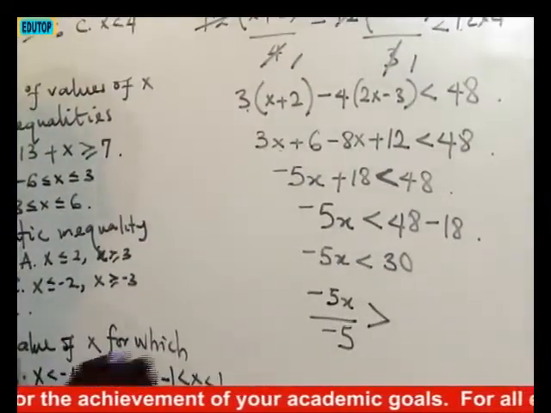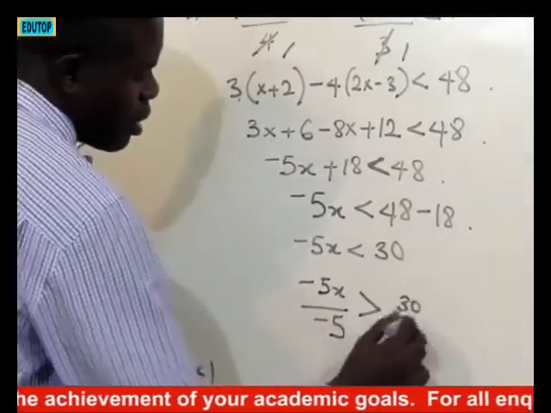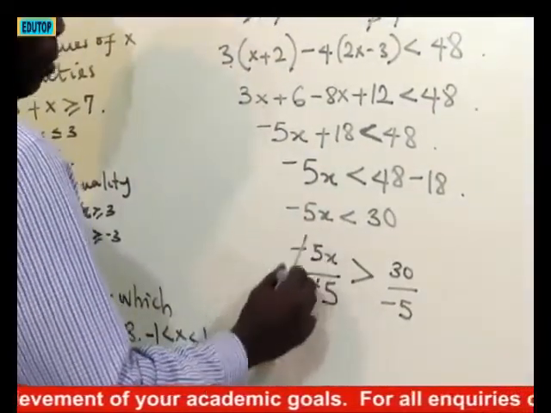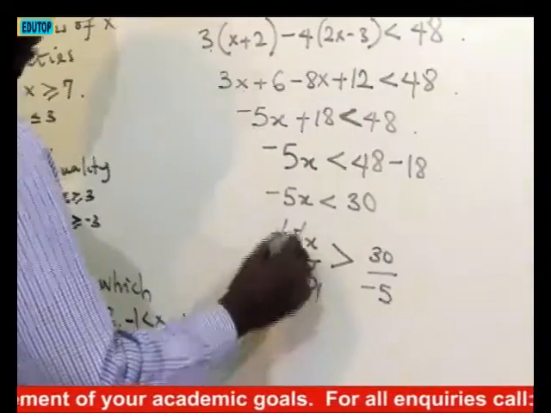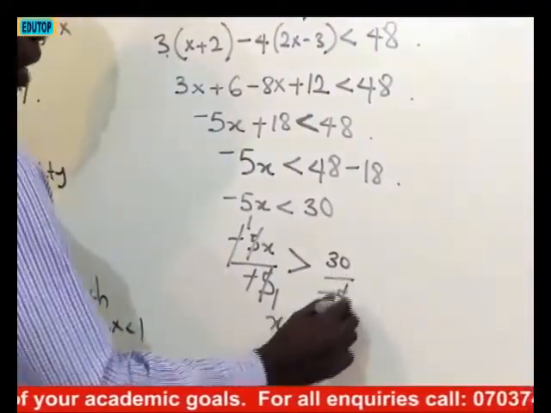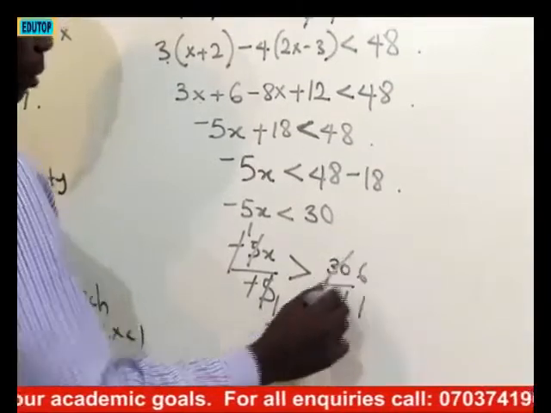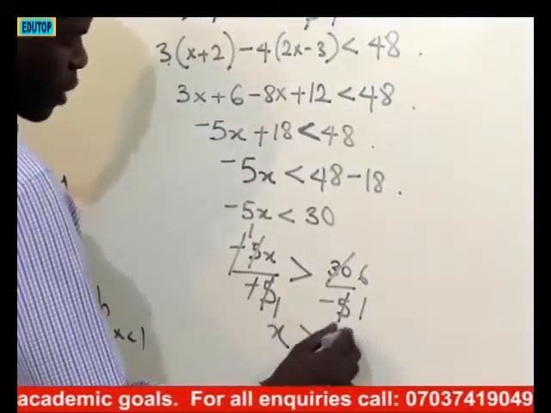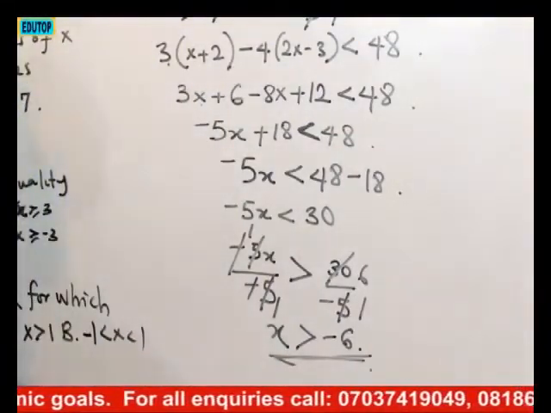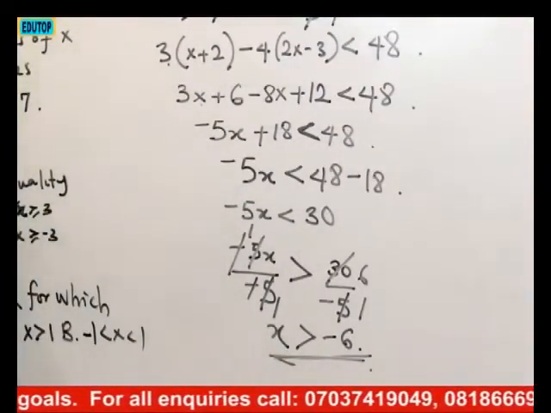So it becomes greater than. 30 divided by minus 5. Minus can cancel minus. 5 here 1, 5 here 1. So I have x greater than 5 here 1, 5 here 6. Remember there's a minus here, it's going to become minus 6. So the answer to this question will be x greater than minus 6. That is option